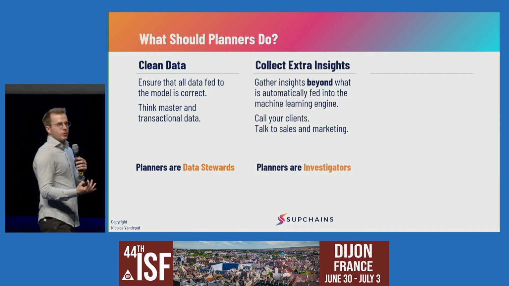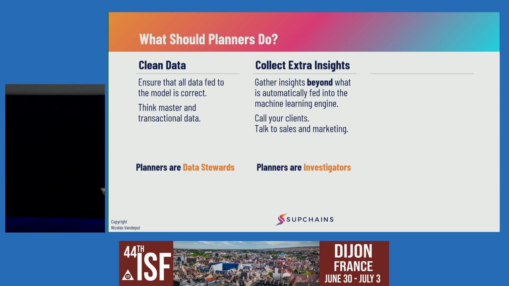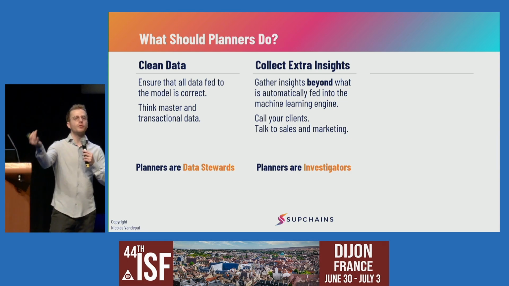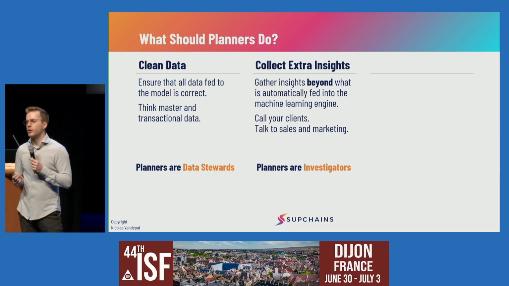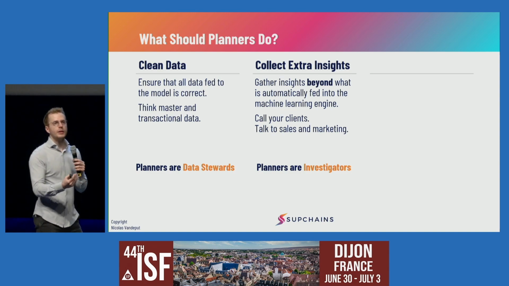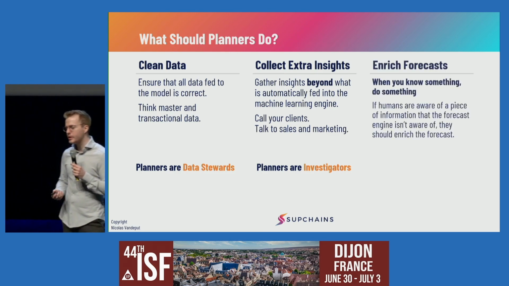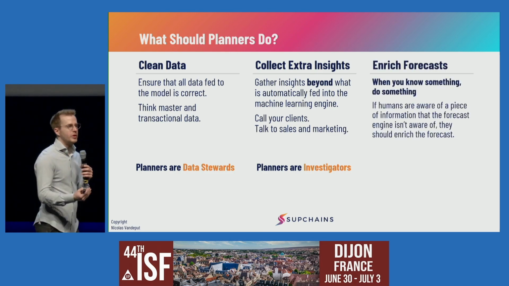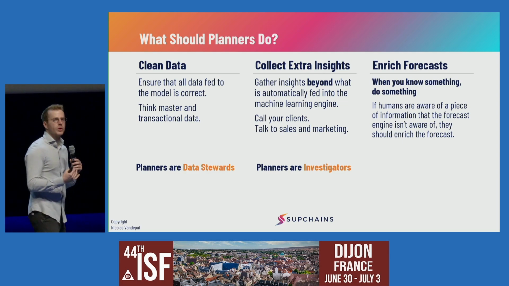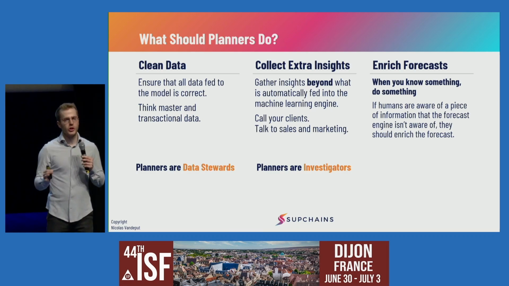Now, all this data will go to your machine learning engine that can cope with as much data as possible, but you will still get insights. For example, you can call your client. Machine learning cannot call your client, at least for now. So you could get more information than what your machine learning model is aware of. That's great, and that's what you should do. You should collect extra insights. So you're like some sort of detective, journalist, reporter. You go on the field and you get more information. You call your client. And using that, you can enrich this forecast, improve this forecast using the insights you got. So I like to say that if you know something, do something. But if you don't have any special insights about your forecast, don't change anything.